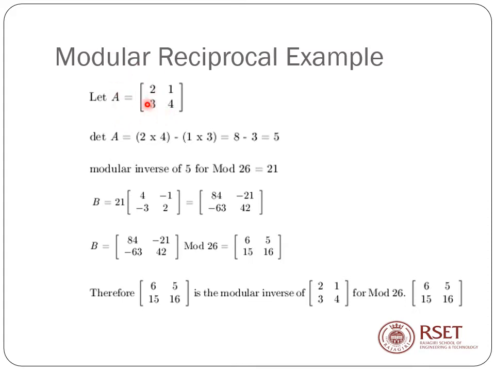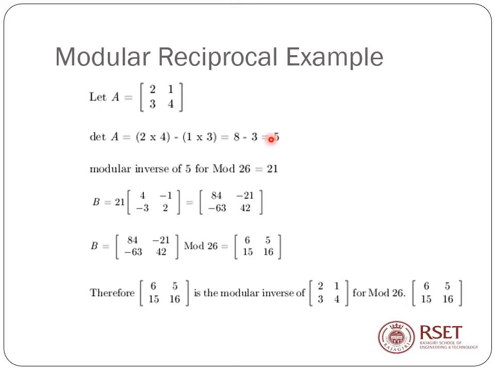Look at A. This is a matrix that is already given to you. Rewind to your school days or your plus 2 days, how to find the determinant. I am considering a small matrix, a 2 by 2 matrix. So the determinant is 2 into 4 minus 1 into 3, so 8 minus 3, 5. Your aim is to find a decryption matrix B. Before doing all the calculation, the first thing you have to check is whether there is an inverse for 5 mod 26.